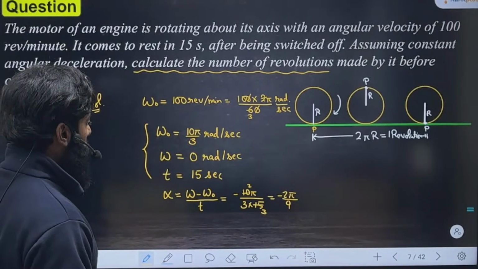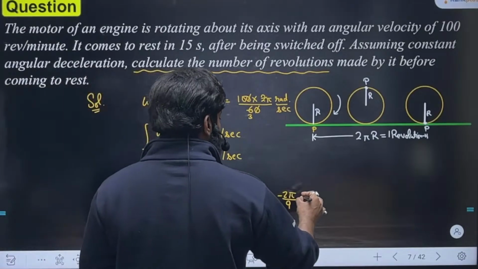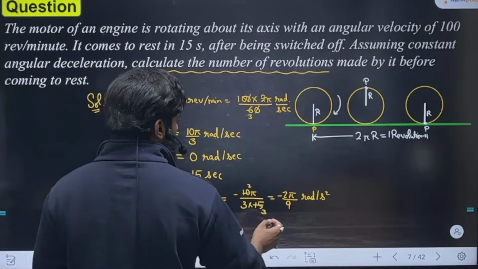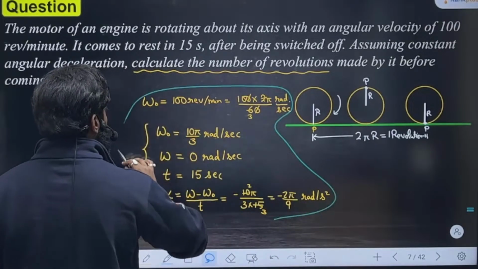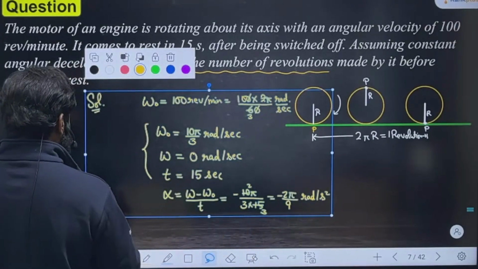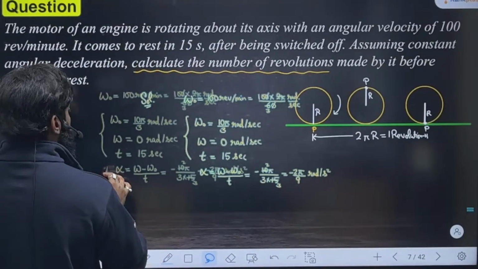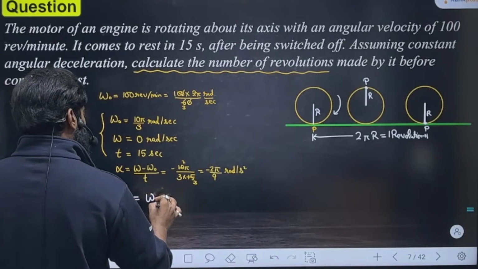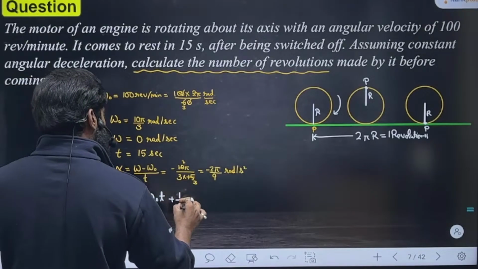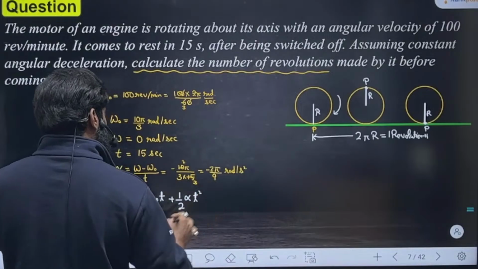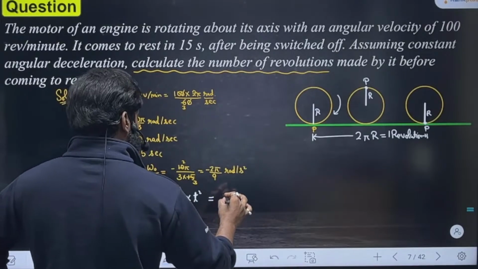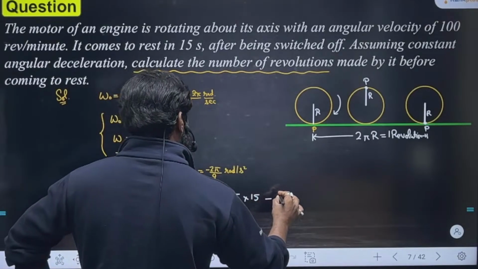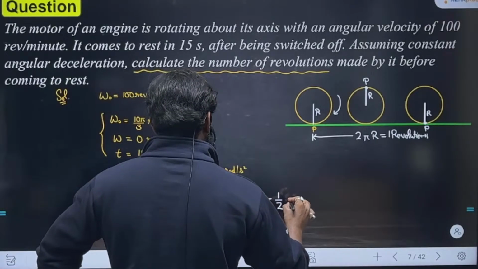Minus 2 pi by 9 radian per second square we will get. Now, if I have to find theta, theta will be equal to omega naught t plus one half alpha t square. So you get 10 pi by 3 into 15 minus 1 by 2,